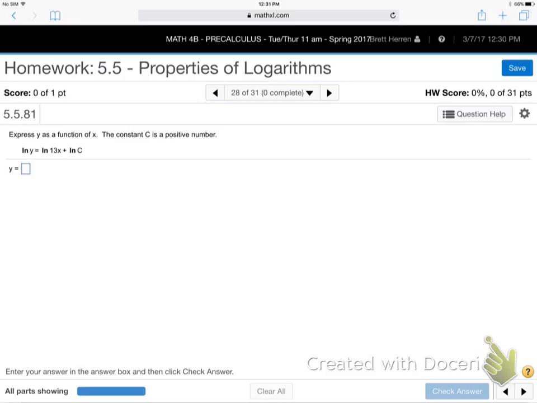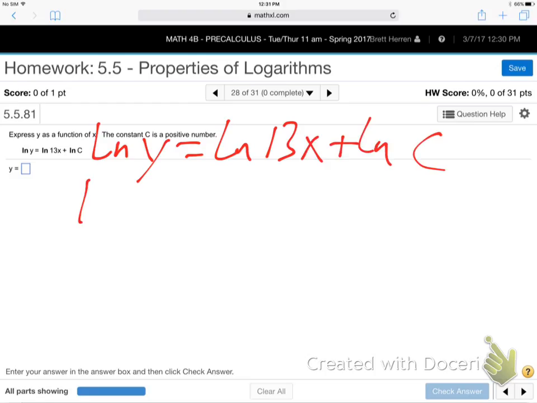So these are not super important. I mean, we're not going to do them later in the course, so I'm just going to do them quick. They are a little tricky. Basically, I got log of 13x plus ln of c over there. I'm going to use the rules of logs. Over here, 2 logs added becomes 1 log